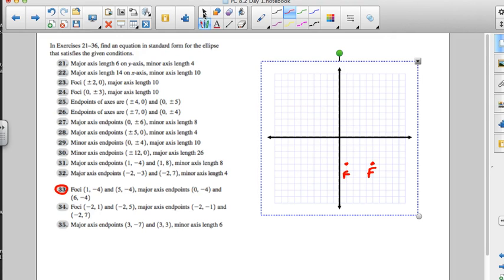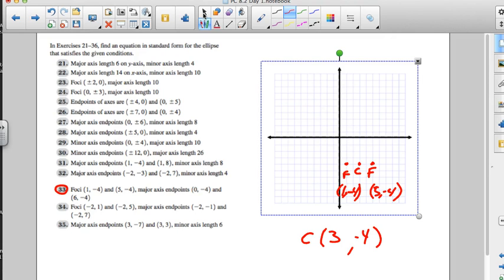Now, that is excellent information because halfway between, it doesn't matter if we're talking about the focus or the vertices or the covertices, halfway between those two points is our center for our ellipse. So with this one, we know it's going to be something, -4, so our center is (something, -4), and then all we have to do is find the average of the two x coordinates because it's just like midpoint. You take 1 plus 5 and get 6, and 6 divided by 2 is 3. So there is the center of this ellipse,